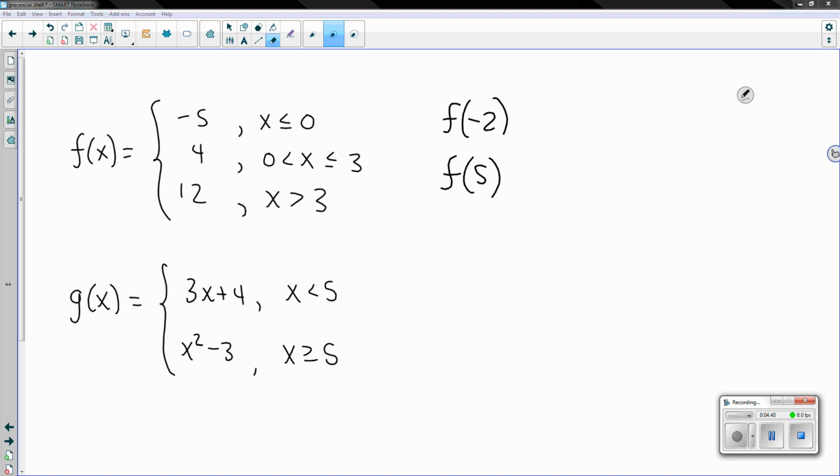So to evaluate the first one, f of negative 2. We have 3 function rules for f of x. We have negative 5, 4, and 12. So all 3 of these rules are constant functions. You'll notice that none of them have variables in them. And all that means is that the function itself does not vary, right? So nothing's changing. It's staying at the same output value for all x's